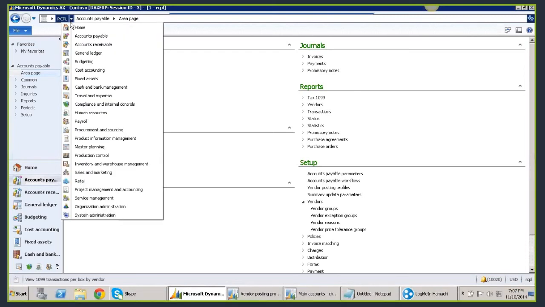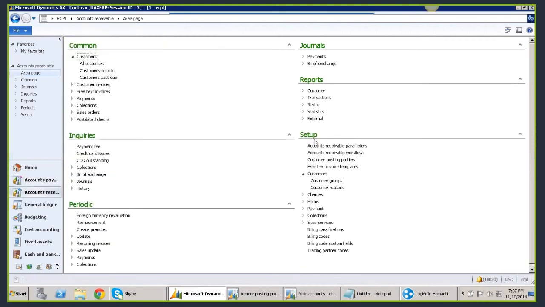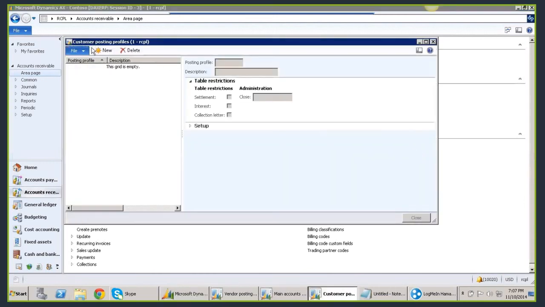Let's go to account receivable posting profile. Go to account receivable, go to setup, first customer posting profiles. Click on new. So AR posting.